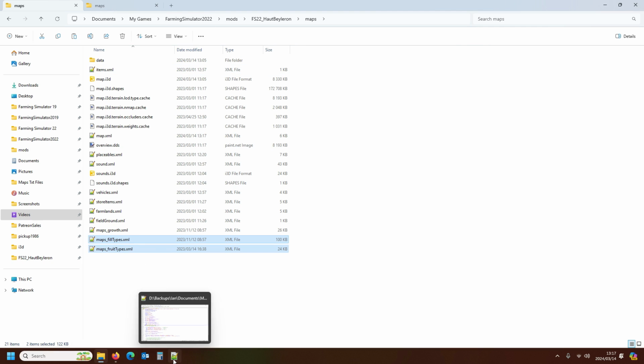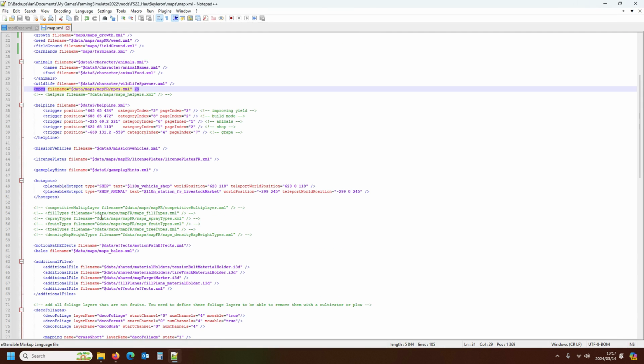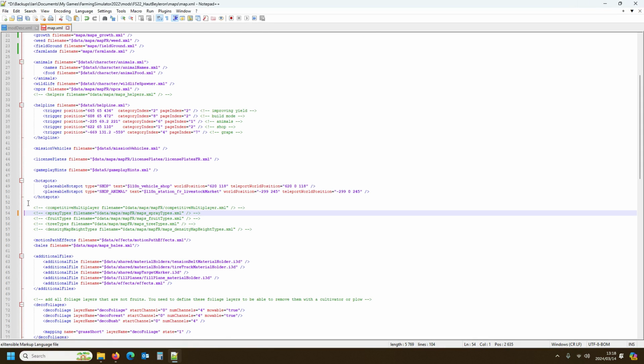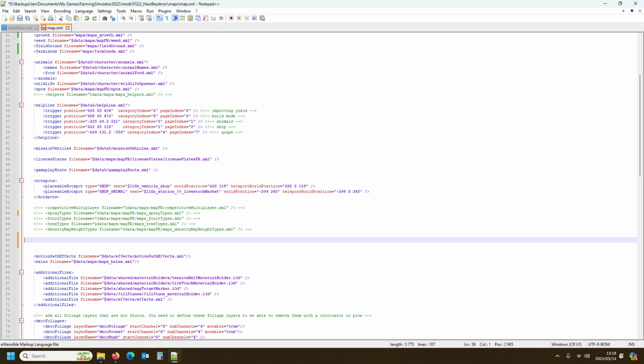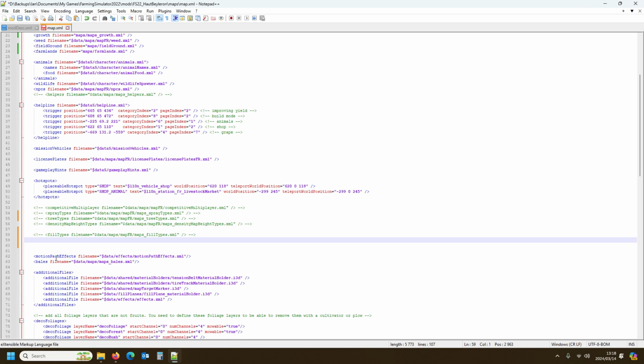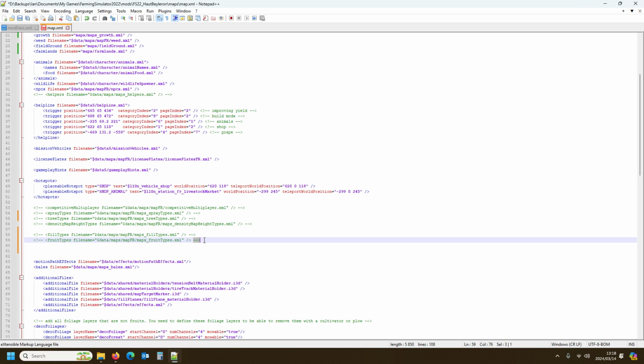Good. So back into the XML again. Just get our fill and fruit types, and you'll notice that this too, the fill and fruit types, that's fill type there. Control X. Let's just drop it. I want to put it somewhere. Yeah, it's actually at the right spot, but I don't want it in between the green stuff. So let's put that one there, and then fruit types. Control X. Drop it in there, and then we just remove the